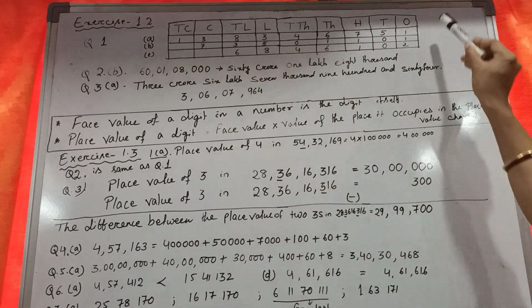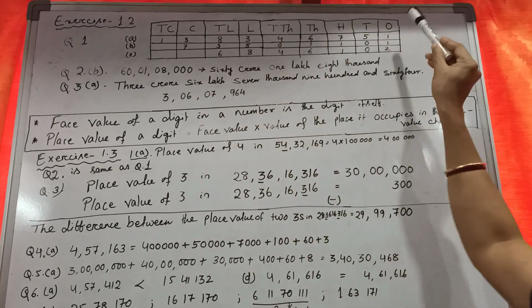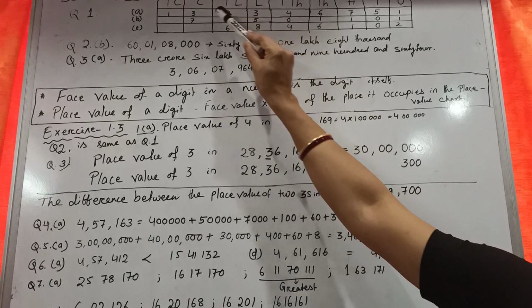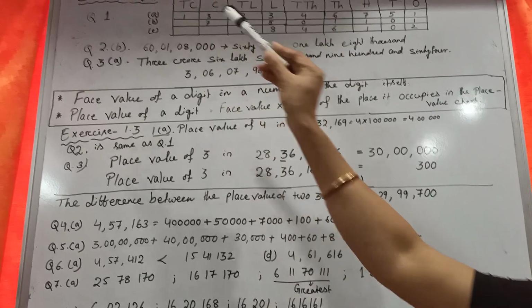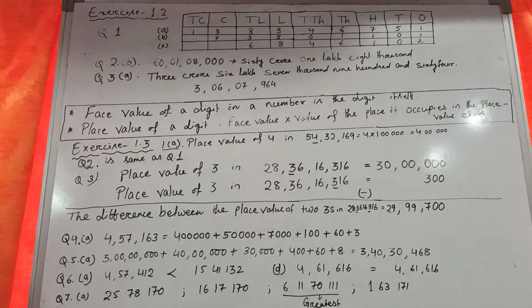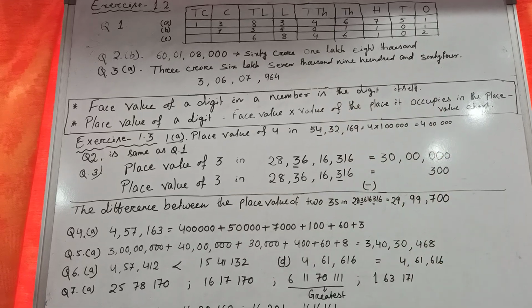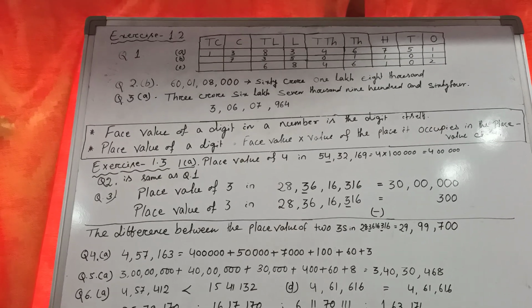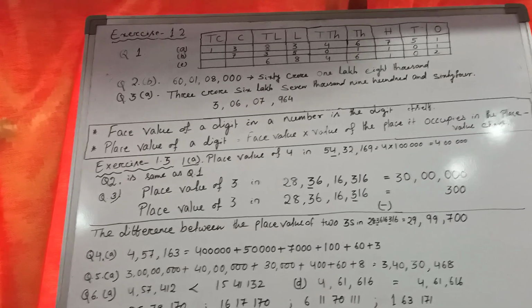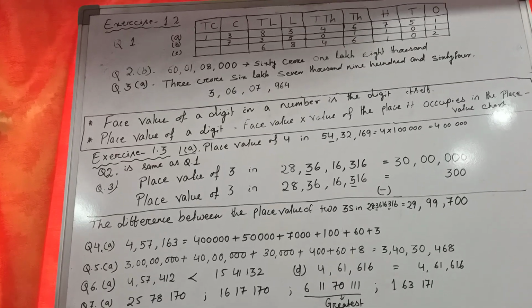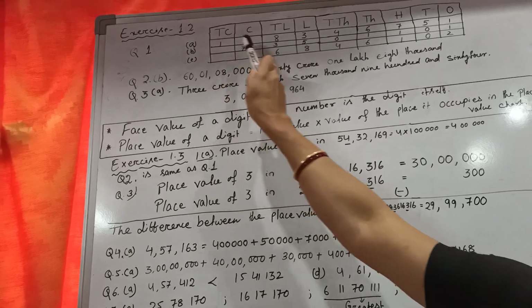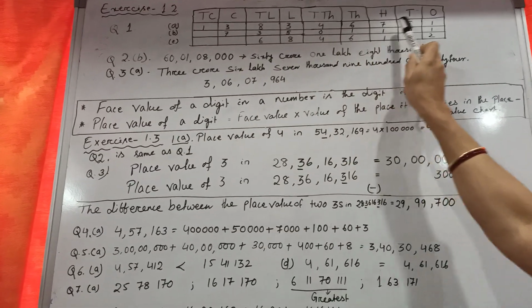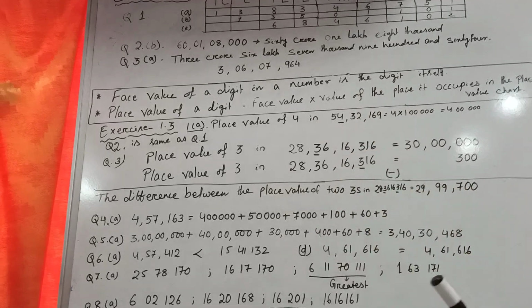First you make one Indian place value chart, that is 1, 10, 100, 1000, 10,000, lakh, 10 lakh, crore and 10 crore. Then you have to put all the digits in the proper place. See in question number 1a, it is given 13 crore 83 lakh 46,751. The second one is